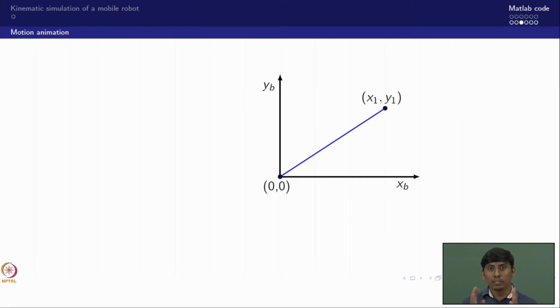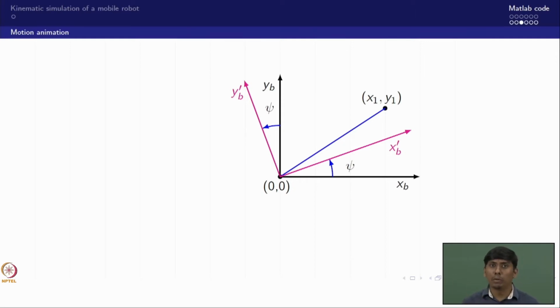So now this point is associated with the frame which is xb and yb. Now this frame itself is rotating, in the sense the point x1 and y1 is part of this body, and that body is rotated. How can that be visualized? I can visualize it with a small picture here. You can see that now the frame B is rotated about the z axis by a psi angle. So now what would be the xb? Xb becomes xb dash and yb becomes yb dash.